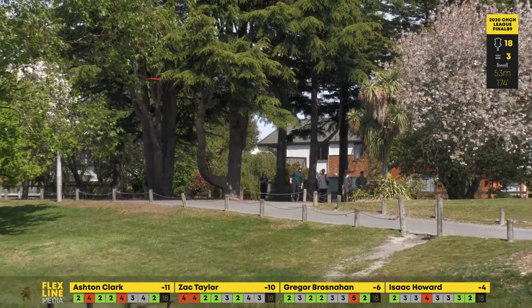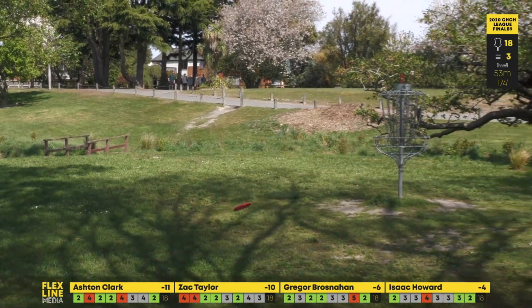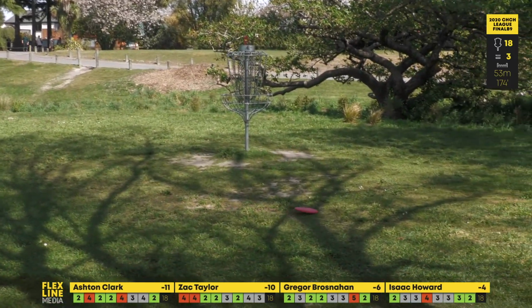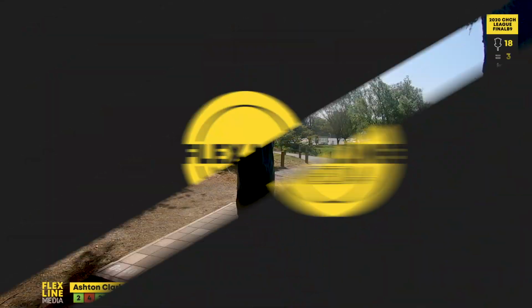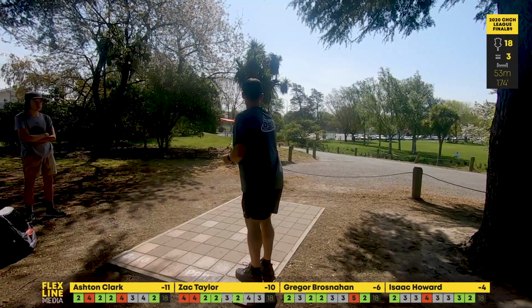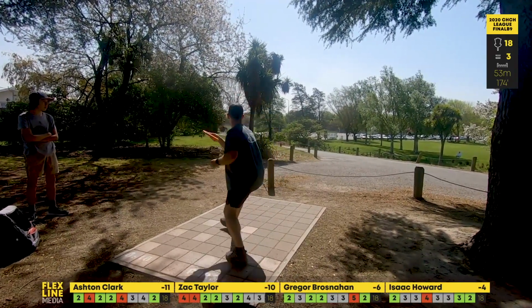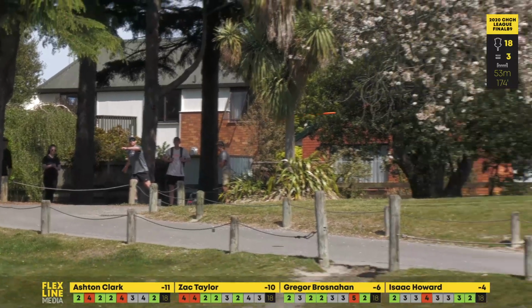Yep. Just trusting the hyzer of his disc, tickling the branch. Yeah, giving it a wee high five as it scoots around. Rewarding him. The tree was like, great shot, Gregor. Yeah, I'm gonna be proud of you, mate. Yeah, nice effort. And Zach having to make a birdie to even have a chance of tying it up